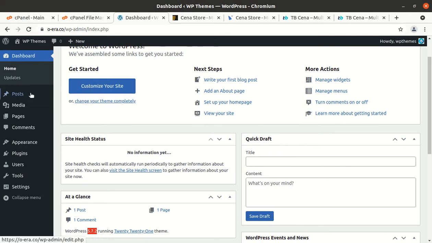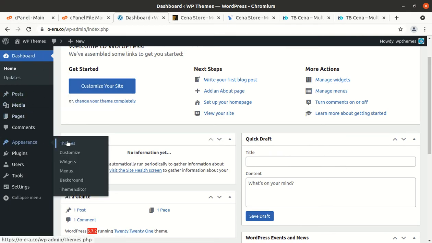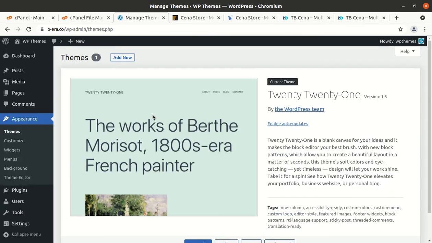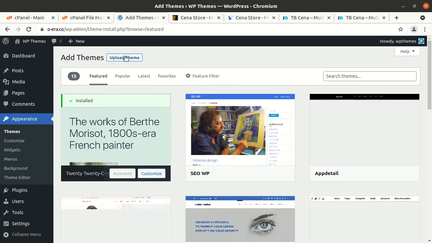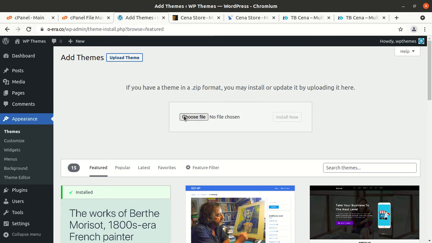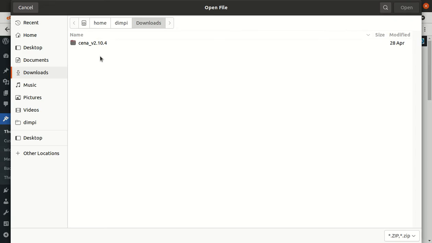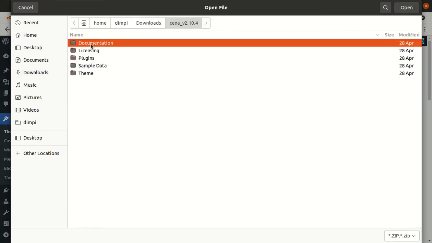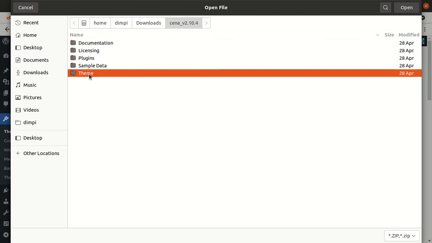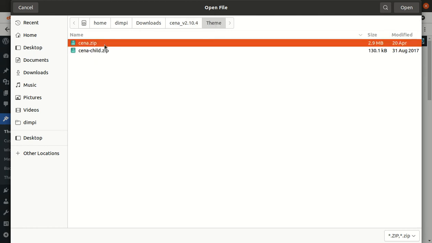For this we have to go to the themes section of WordPress and click on add new, upload theme, choose file, and here you need to select the kena.zip file.